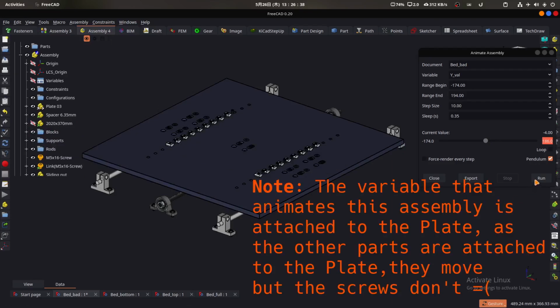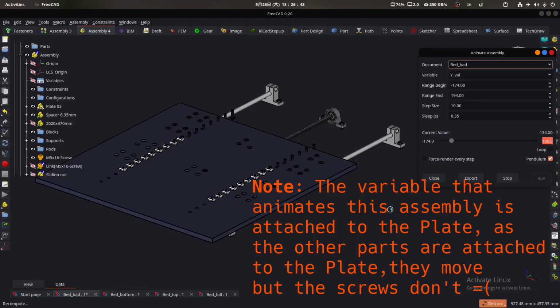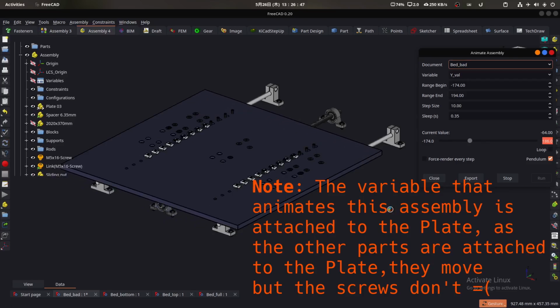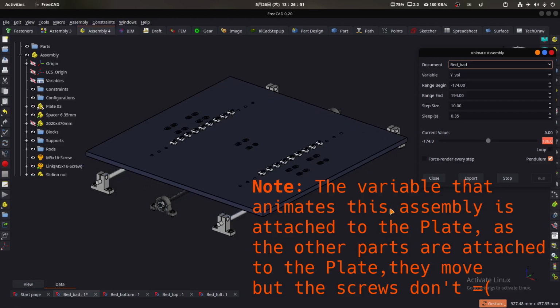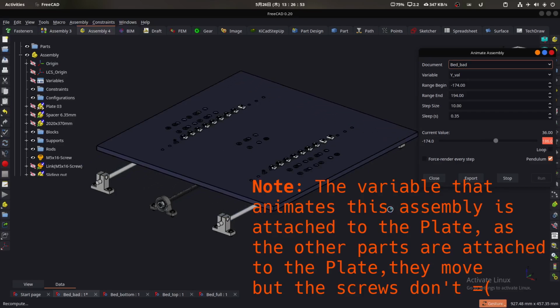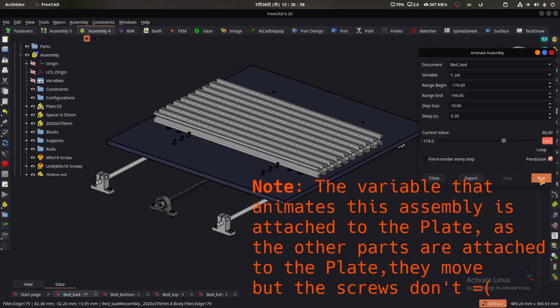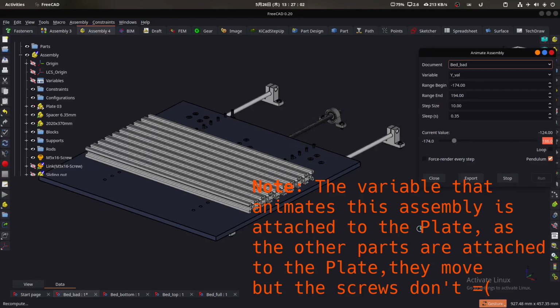But as you can see in this animation, the fasteners don't move. We used the same technique to add the fasteners and also to add the sliding nuts and the aluminum profiles. But as you can see, the fasteners are not moving.